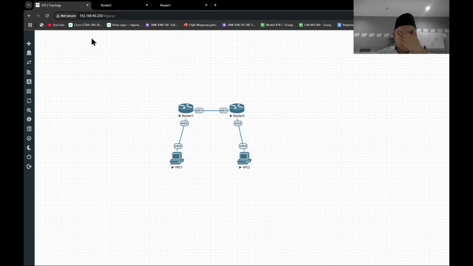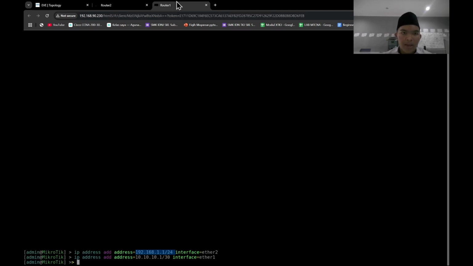Okay, actually if you wanna ping to check that you can connect to another device, it is from the IP. We're gonna look at this. The IP is similar, right? But the network is different.